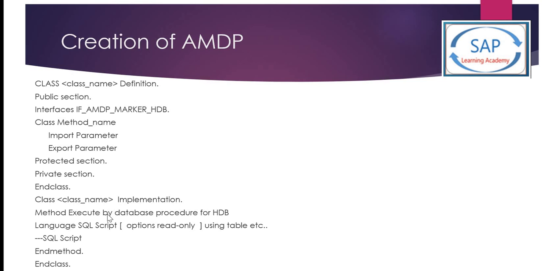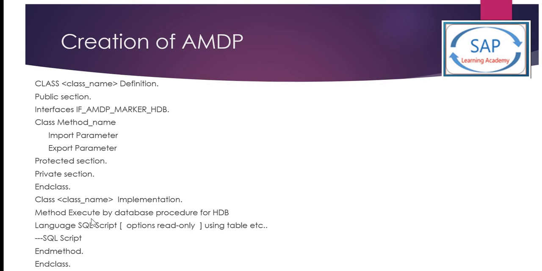So the method you're going to use in the implementation, that method name you have to give it here. Then you're going to write the protected section, then private sections, and end class. That class definition will be ended here. You can write more data types or variables into your private sections as per your need. Now we're coming to the implementation, and that's very important, you should understand each and every line